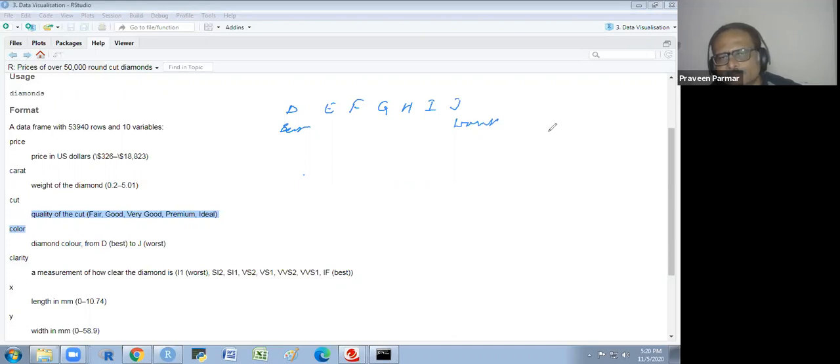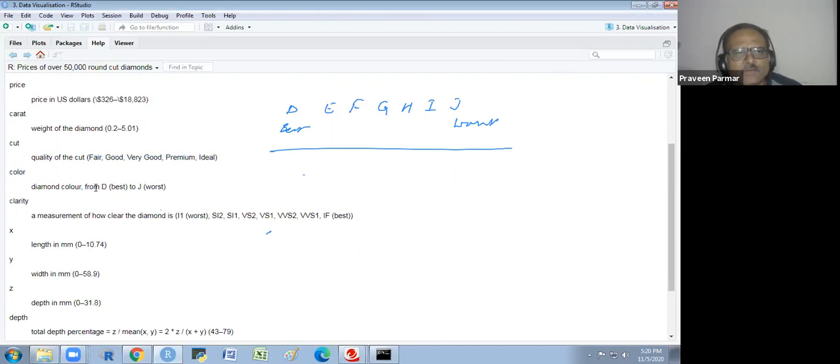Then we have the diamond color, D to J, and the clarity. Clarity is the measurement of how clear the diamond is. I1 is the worst, then SI2, SI1, VS2, VS1, VVS2, VVS1, and IF. So this goes from worst to best. This is also ordinal.